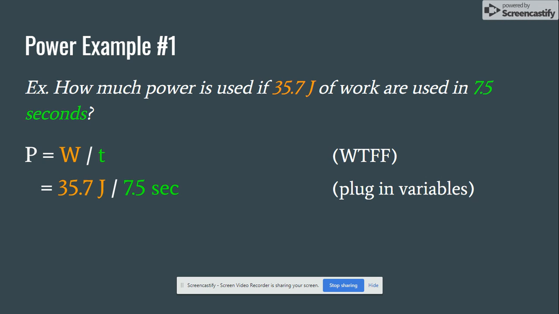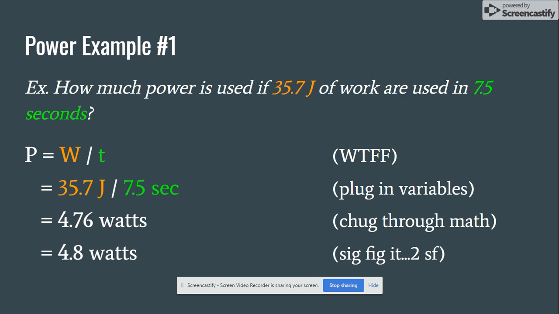You're going to plug in the variables. And if you're confused about which is the work and which is the time, well, the time is 7.5 seconds, so the work has to be the other one. So in these simple examples, you can usually figure out what goes where. And for those of you who have done the calculator math, you should end up with something like that,